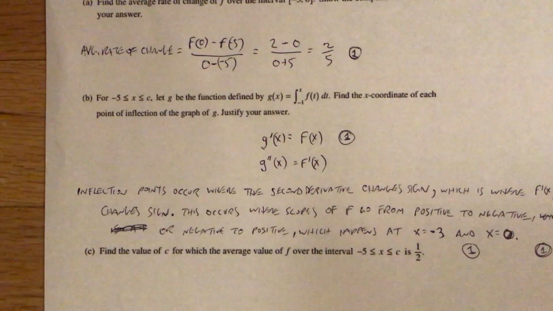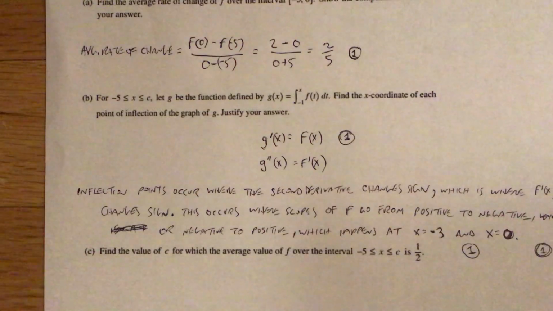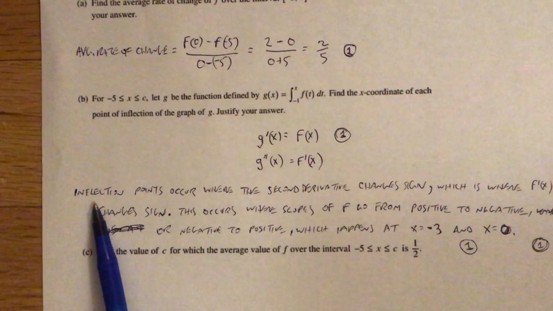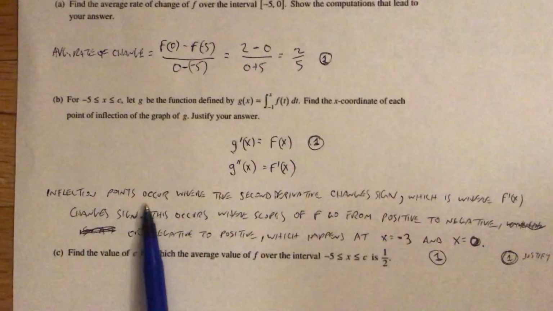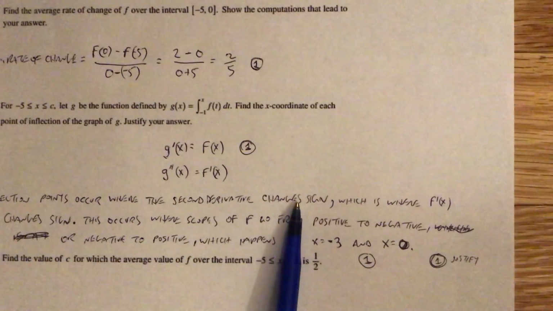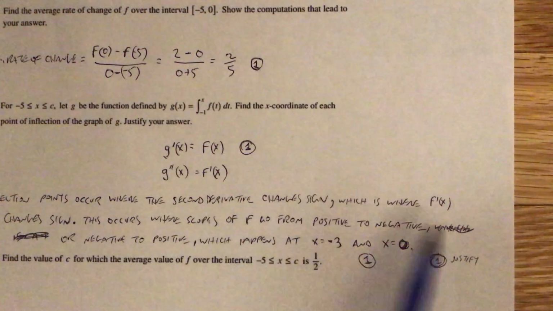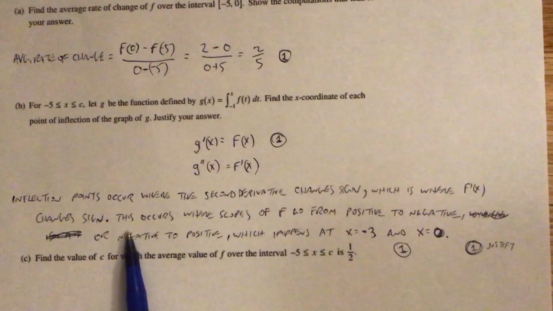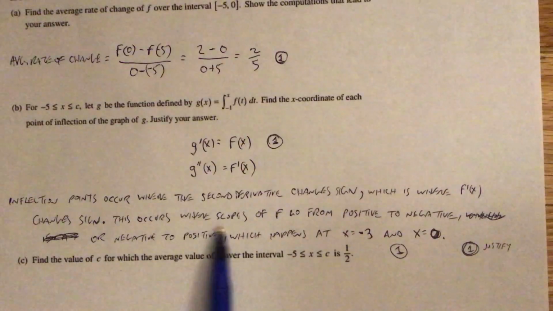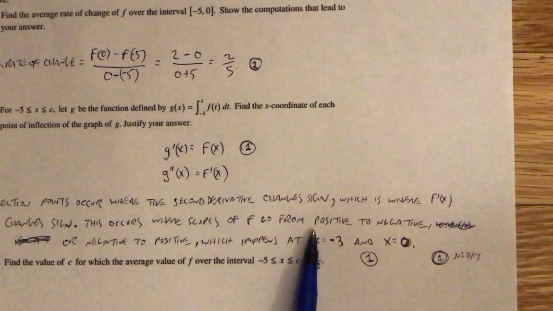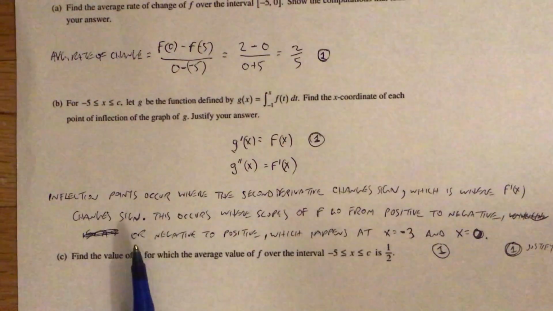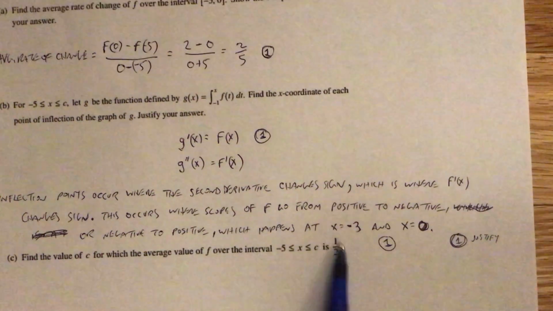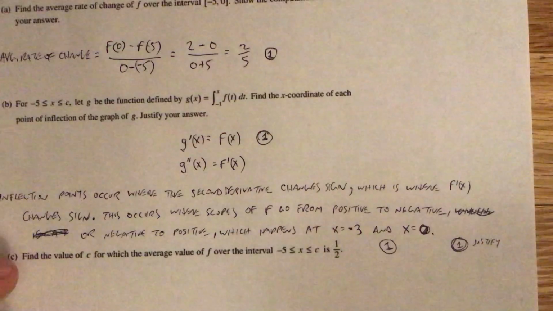So I basically explained what I wrote, but hopefully now you can see how I formulated it on the paper. I said inflection points occur where the second derivative changes sign, which is where f prime of x changes sign. Where does that happen? Well, f prime of x changes sign where the slopes of f go from positive to negative, or negative to positive, which happens at those two spots that I came up with. So basically for this problem,